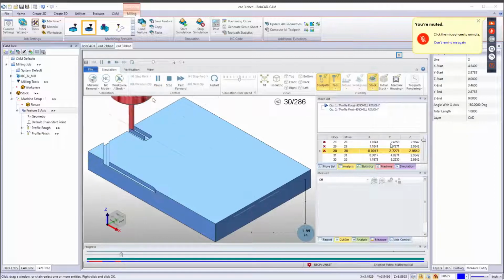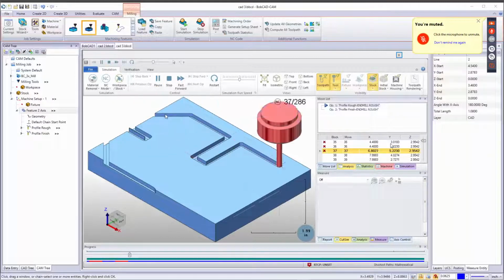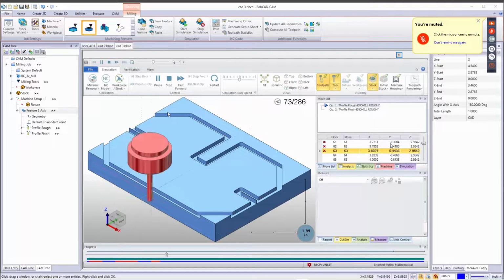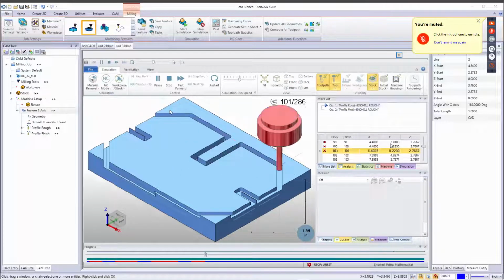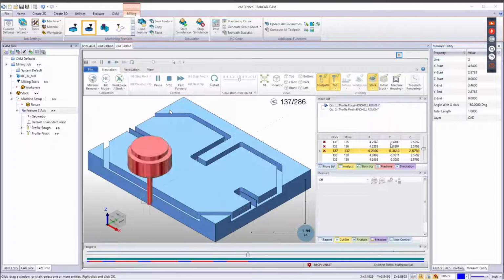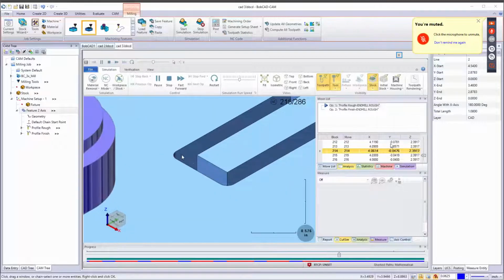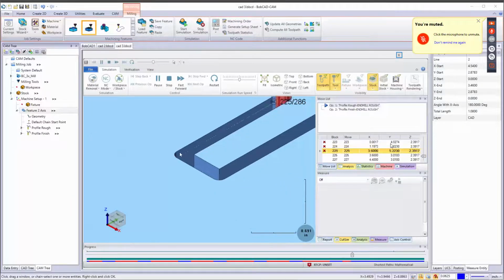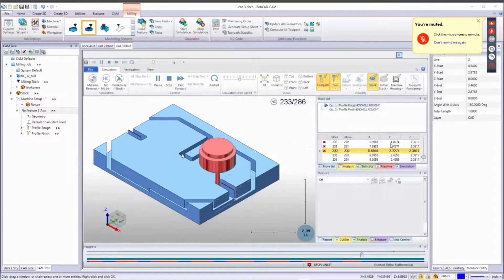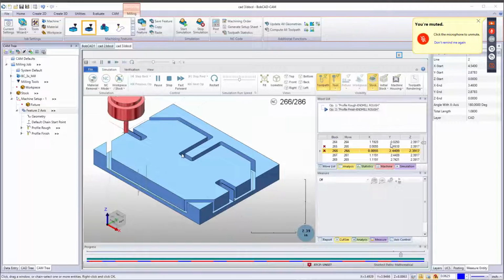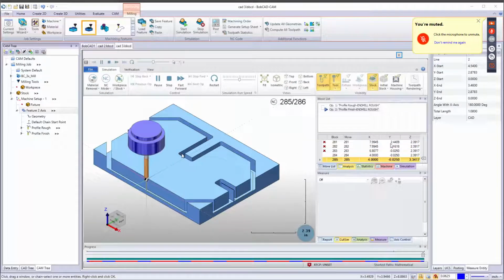There we go. Taking a second there. And you know, even though I had sharp in here, it's just because of the radius of that tool on there. And there we are, and you can see